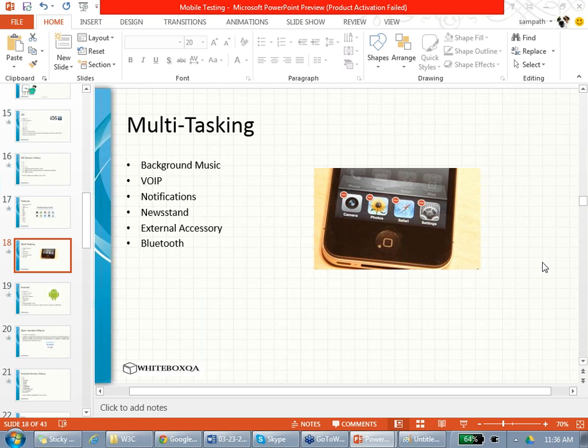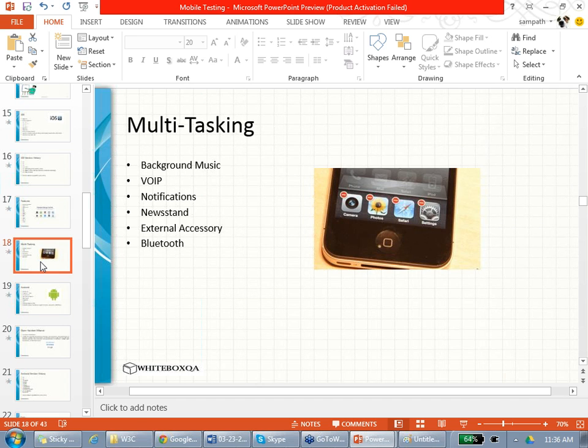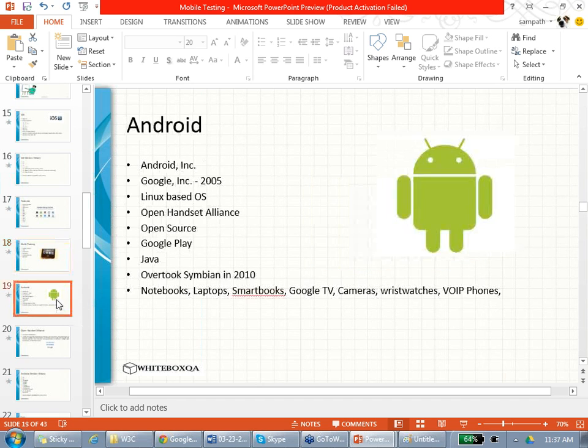Yeah, and there is Bluetooth also. Bluetooth works with multitasking, meaning you can still use Bluetooth to connect to something and you can still check your mail and everything. Agreed? All other apps don't do multitasking. If you minimize, it's gone. If you press the home button, it's gone. You can switch between apps by double clicking and going to the other app. All right. Let's move on to Android now.